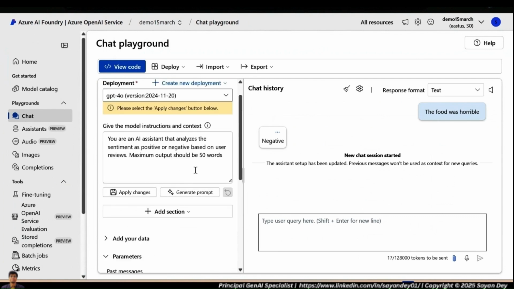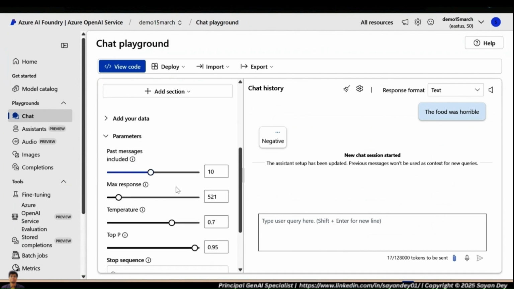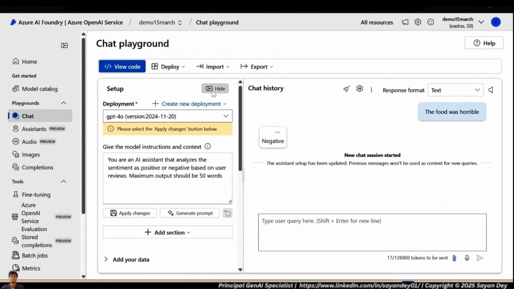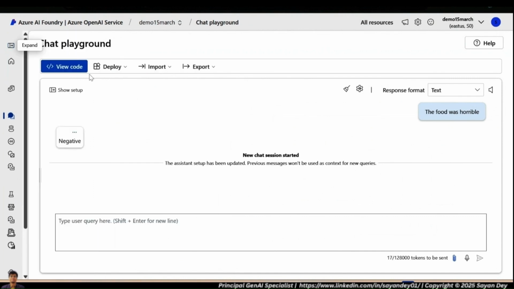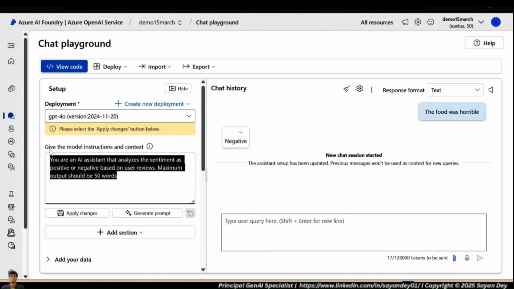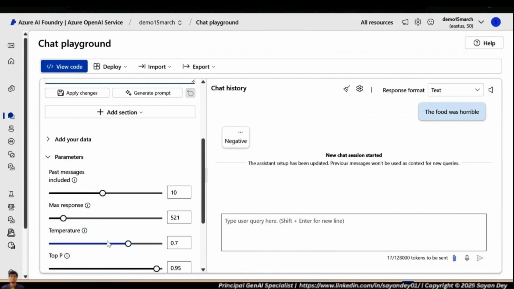But I hope everyone's getting the idea that this part is usually hidden. This is something that we, as the people developing the application, can see. But this part is usually hidden. When you're using the interface, when you're looking at the complete application, this is the only thing that we see. This is what we see in ChatGPT. But remember, to make this work, this is needed. Somebody has to tell the bot what it's supposed to do. Somebody has to set the system parameters. And this is again going to be a big part of the conversation that we are getting into in the next phase of our session.